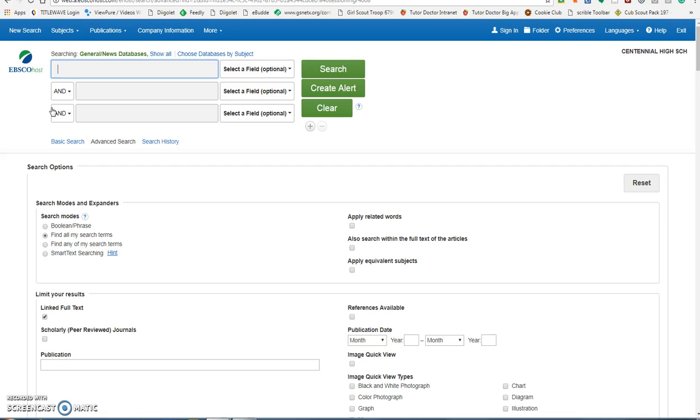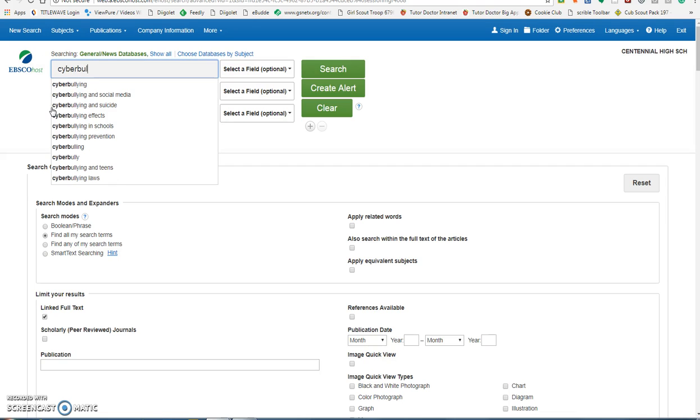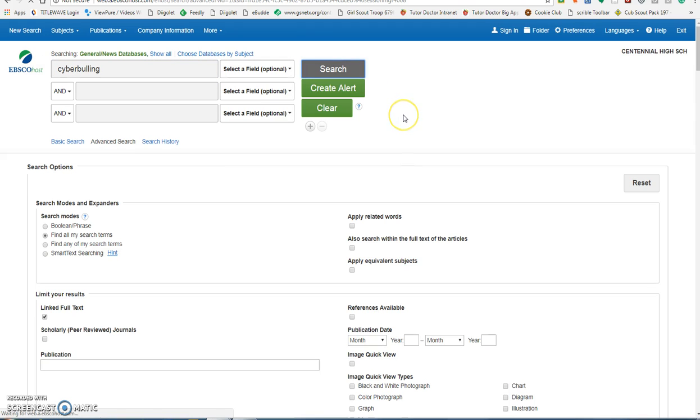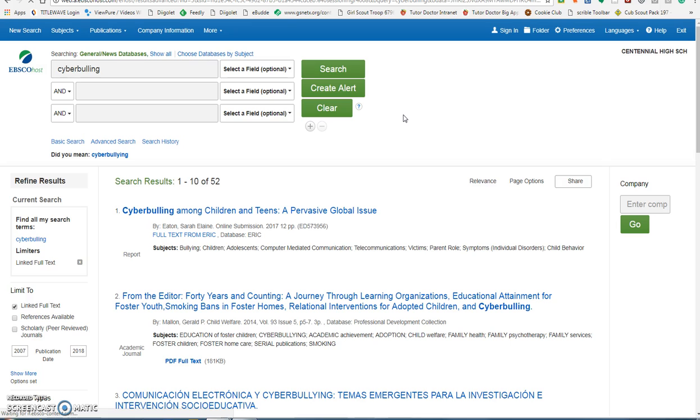Let's say that we're researching cyberbullying. I'm going to type my keyword in, and I'm going to click search. I'm going to get back far too many results to be able to get through. To narrow that down,